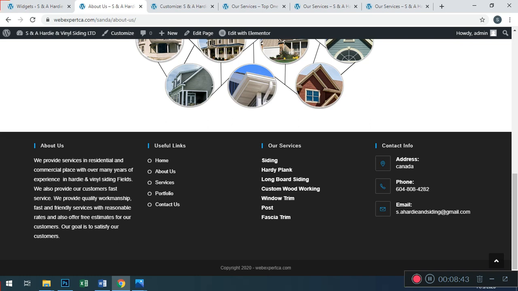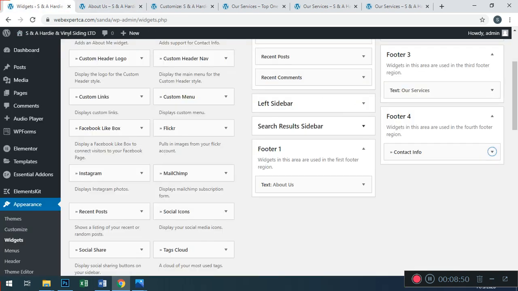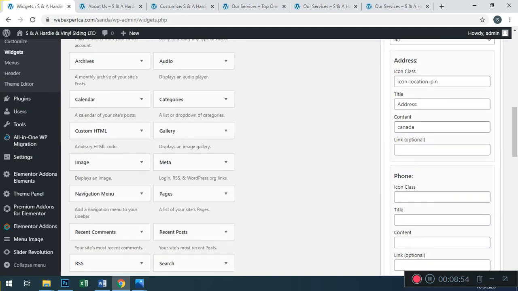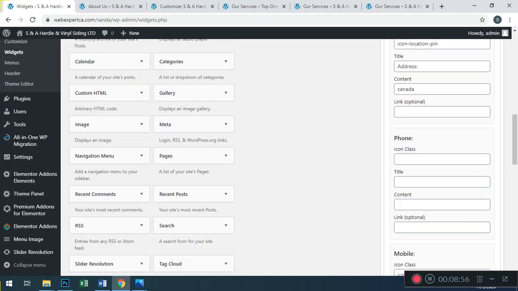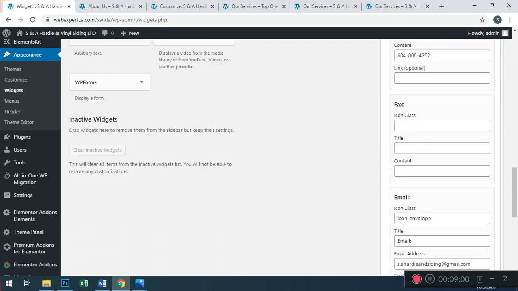We can add one more phone number, because the customer gave us 2 numbers, because if he is asked, he will be disturbed when we are not on the phone. Mobile, fax, email.